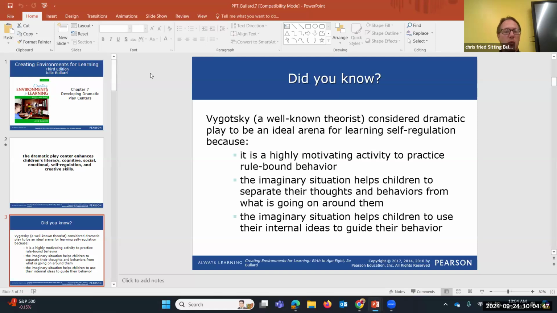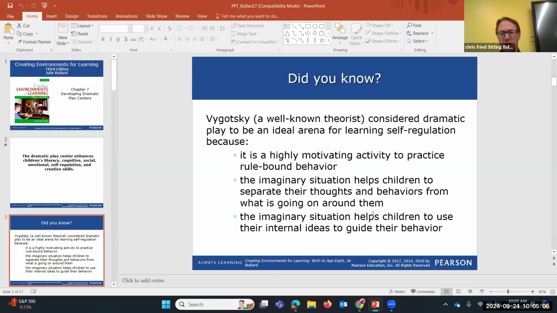It's a highly motivating activity to practice rule-bound behavior. The imaginary situations help children separate their thoughts and behaviors from what's going on around them. And the imaginary situation also helps children to use their internal ideas to help guide their various behaviors.